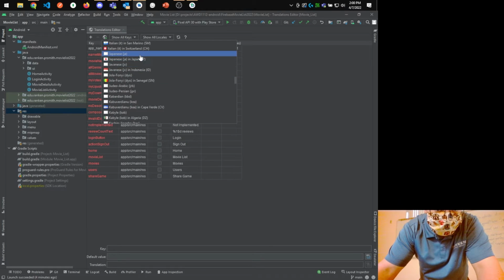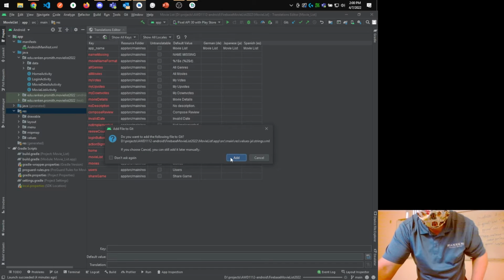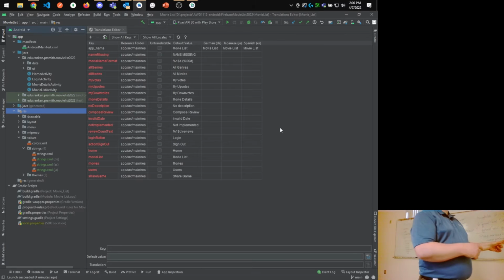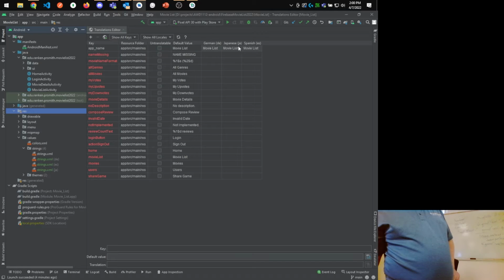Under J's. There. Japanese. So now if I look under values, you see that I have 4 different variants,